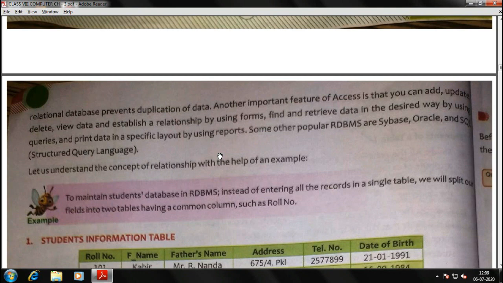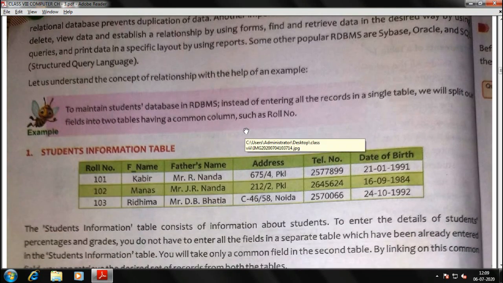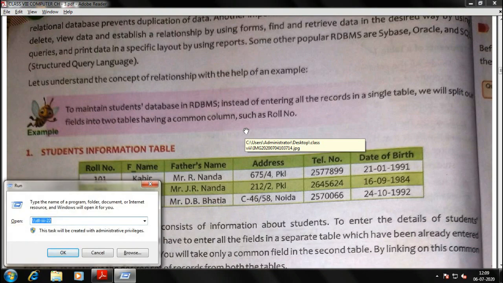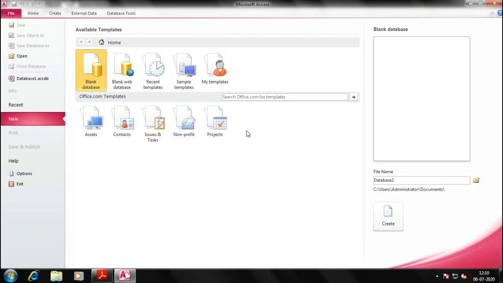Okay, so let me open Microsoft Access just to demonstrate what MS Access is and how we can access it. I'm telling you the shortcut for this, because we know that the software is installed in our C drive, but what is the shortcut so that it could consume less time? Windows R, right? And type MS Access, just MS Access. It will open MS Access, right?